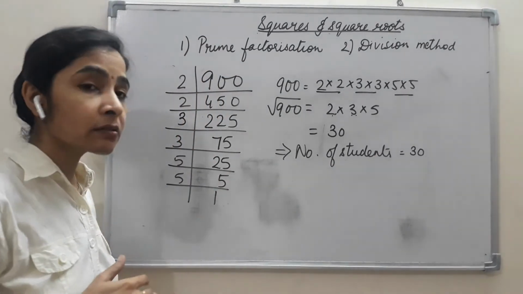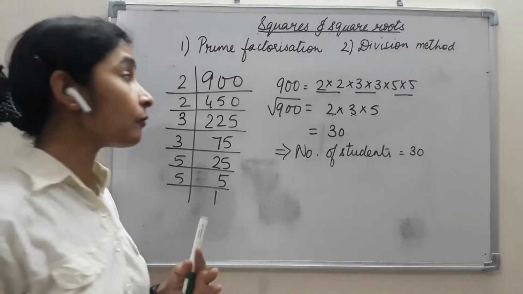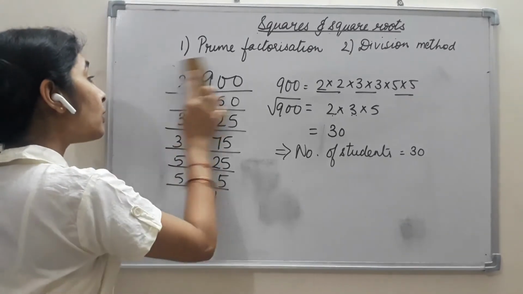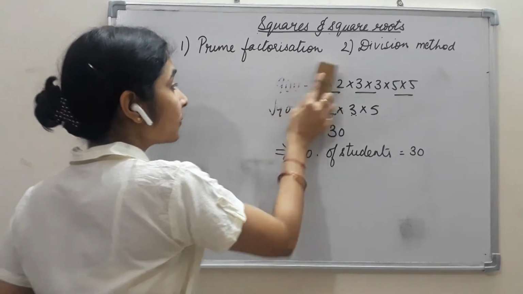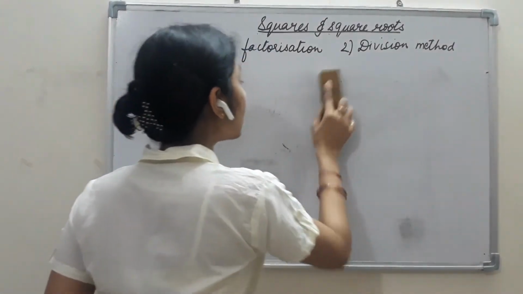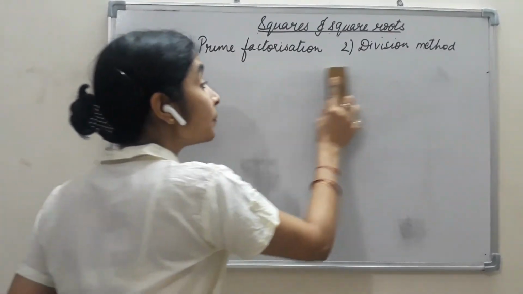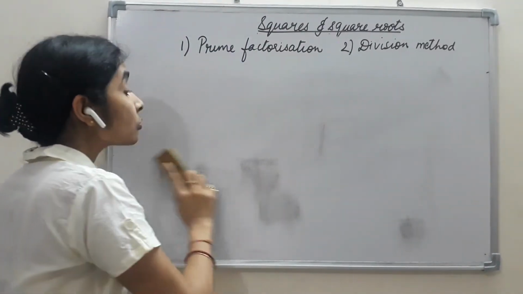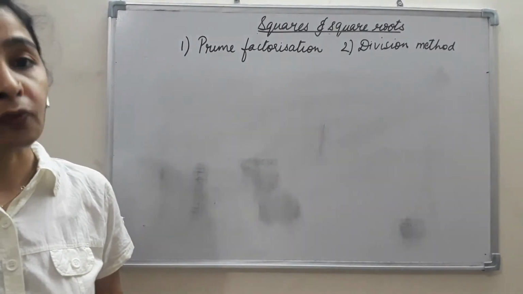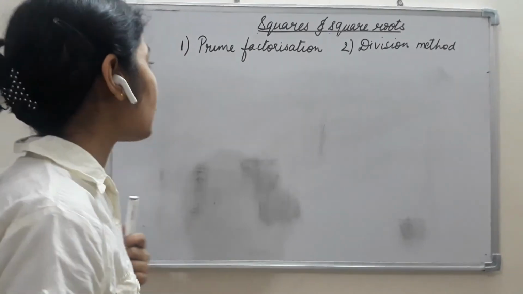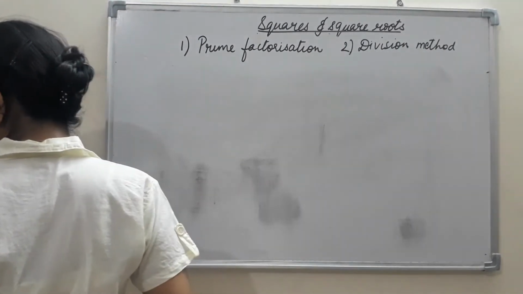So like this the questions are asked. Now one more type of question that is asked is, we are not given a perfect square number, and we are asked what should be multiplied to this number or what should be divided from this number so that the number we get is a perfect square number. So how will we solve that? For example, if we are given a number